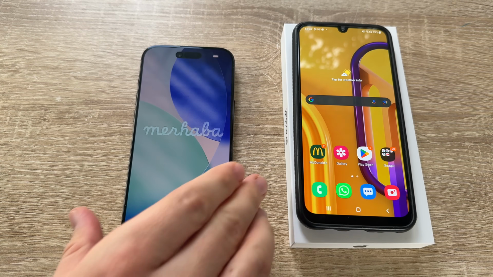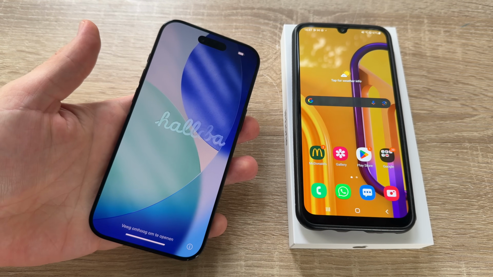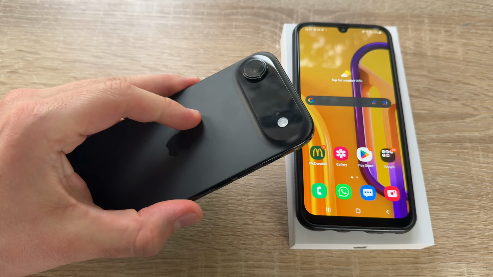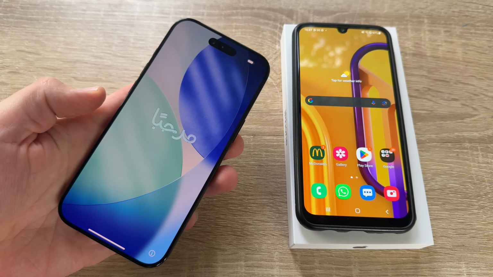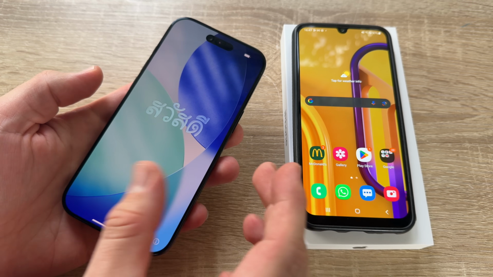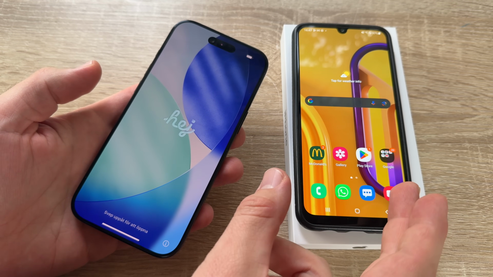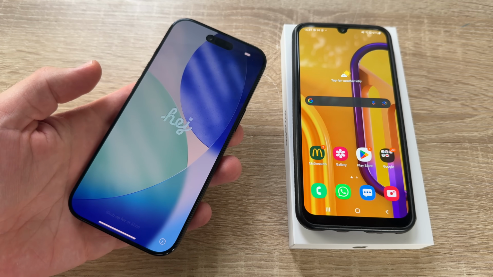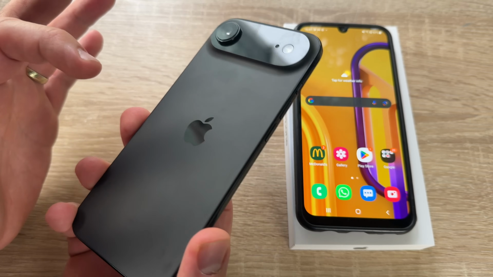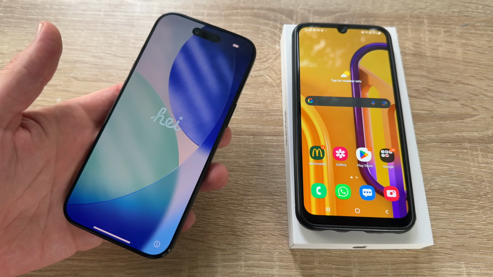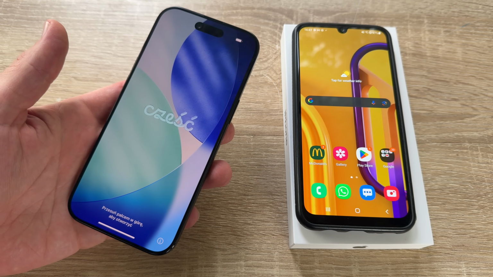Hello. Today I'm going to show you how to make a setup using your brand new Apple iPhone Air and an Android phone to transport data from that to this. That means if you are an Android phone user and you would like to change to the Apple family, you can make this possible. Easily possible, of course.